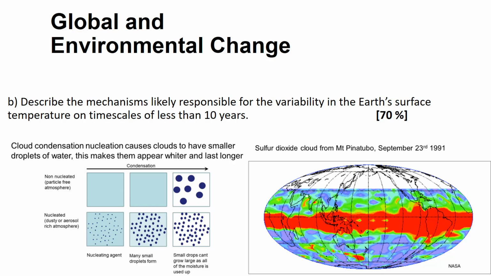So this is a map of the sulfur content of the atmosphere following the eruption of Mount Pinatubo, which was particularly important or particularly significant for global climate because it was located near the equator. So the aerosols could get into both hemispheres relatively easily, whereas eruptions that happen at high latitudes might have a lesser climatic